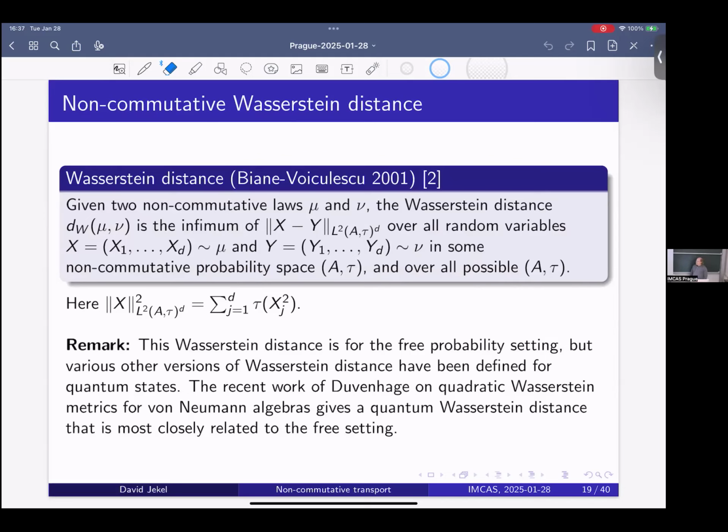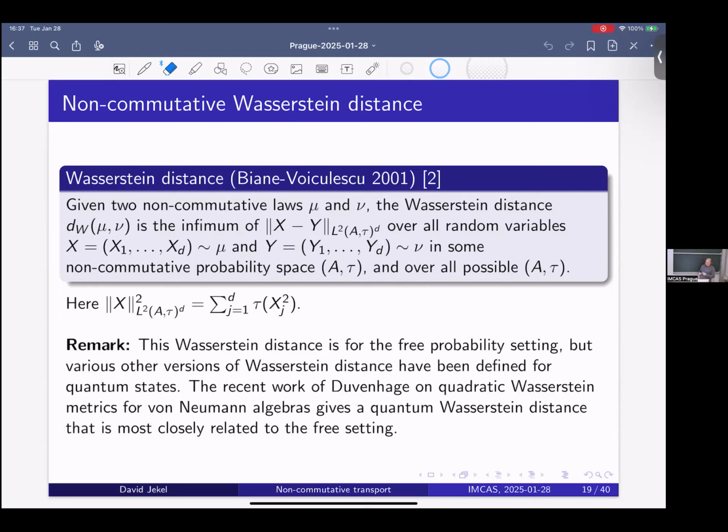And I should also remark here that there have been many attempts to define non-commutative analogs of Wasserstein distance. And some of them occur from the quantum setting, where what you're studying is your state, given by some density operator, a positive operator of trace 1, and you study the evolution of the systems by some unitary conjugation, as in quantum mechanics,